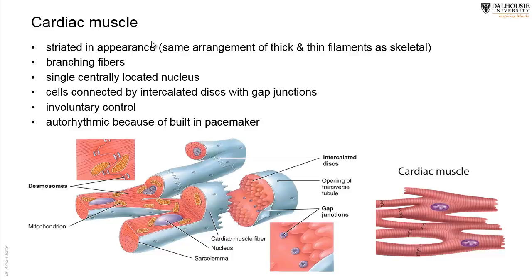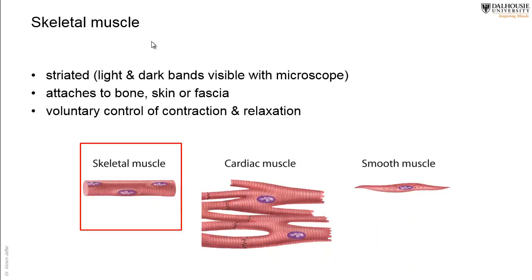The cardiac muscle fibers here are striated. You can see the cross striation here, but they are involuntary. The other feature of these muscles is that they are branching. If you compare them with the skeletal muscles, which are in the form of cylinders, the muscle cell, I'm not talking about the muscle as a whole, but the muscle cell, is cylindrical and non-branching,